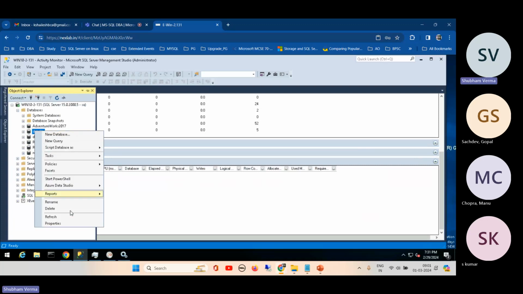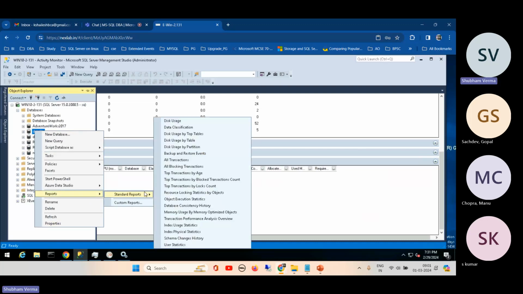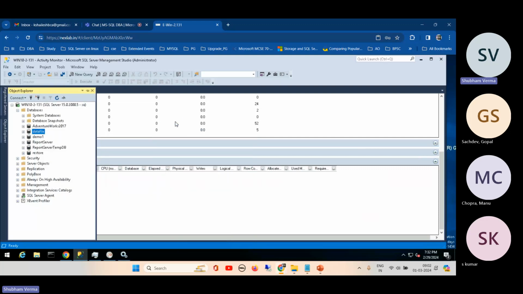So we have properties, no, sorry, reports, and then we have custom reports. We can see particular database-wise disk utilization, top tables detail, basically top sizes, used by disk partition, and backup and restore events, all transactions, blocking transactions. We can see index usage stats from here. Very useful, we can check that. Let's, for example,